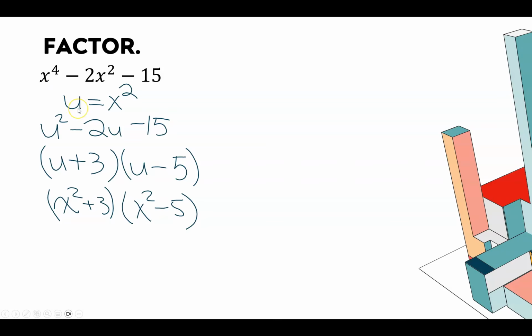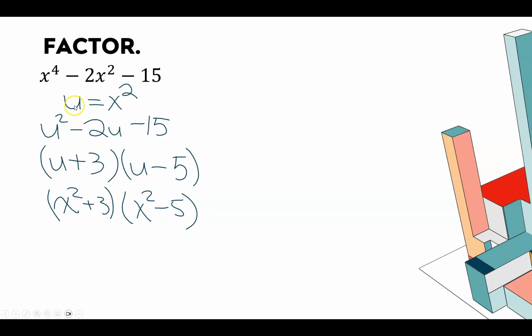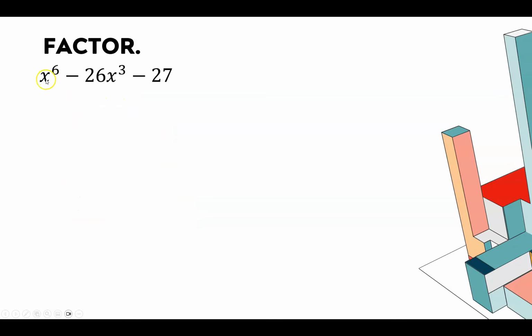Imagine this was something squared minus 26 times that something minus 27. Then it would be that stuff minus 27 and that stuff plus 1. Hopefully you can see that. If not, go back and try it again. Just write u equals x cubed and do a very similar thing, and you'll have u squared minus 26u